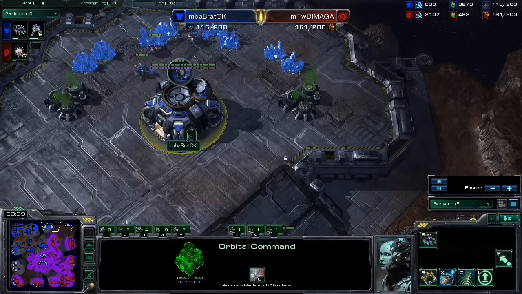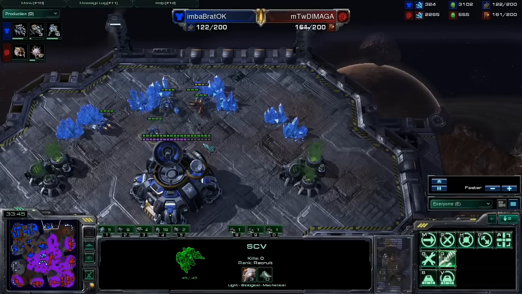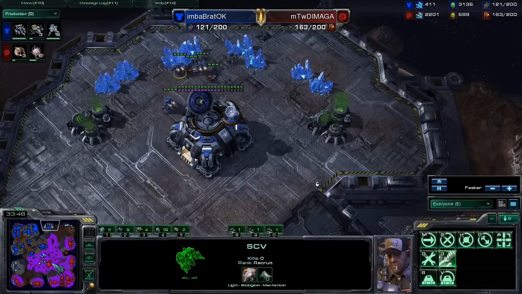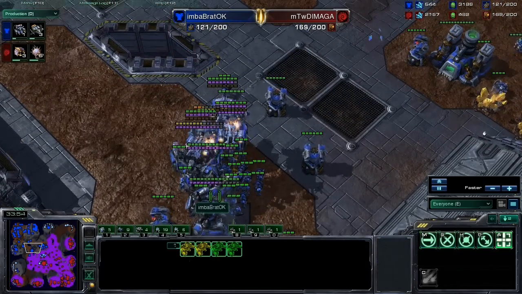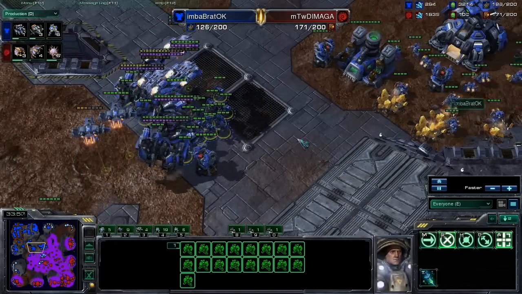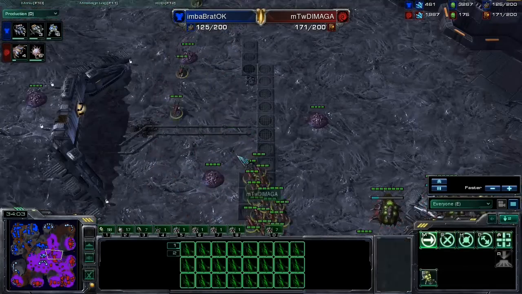But then again, there is one more base right here at the 12 o'clock position for BratOk. Oh, the Zerglings just saw that. So he's going to be able to kill off a couple of SCVs right there. He's going to try his best to kill off as many SCVs as he can to kill off the economy of BratOk as well. There are no ghosts in the field though, because ghosts are actually quite good against those